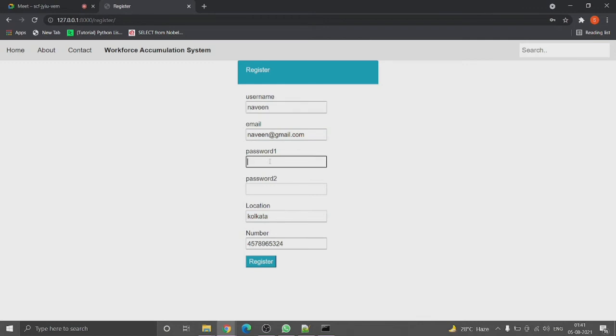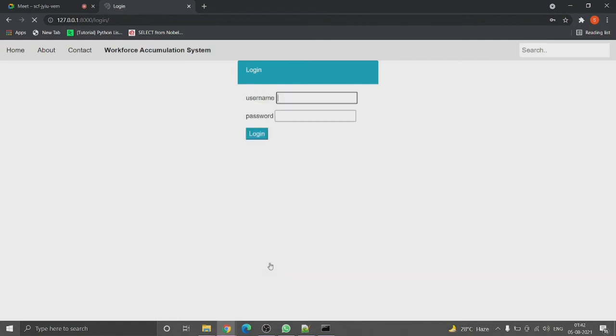Looks like the password was weak or incorrect. Let's try with another password. Voila! We are now on the login page where we can use the previous credentials and log into the application.